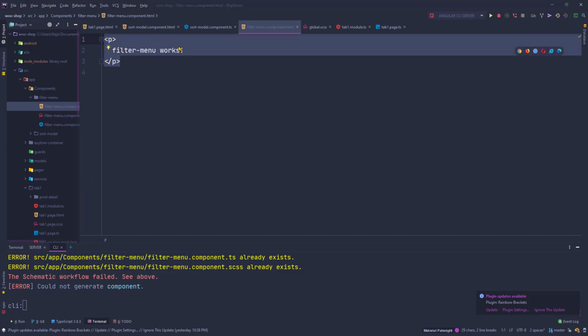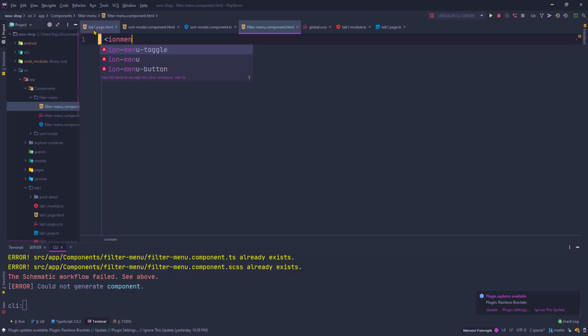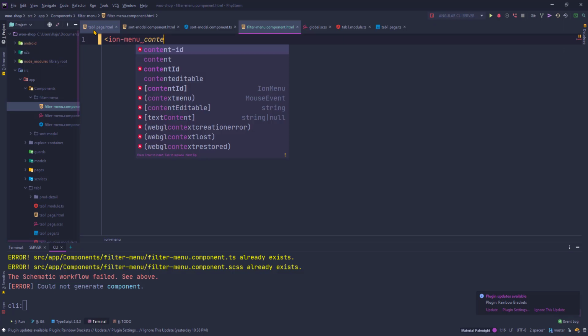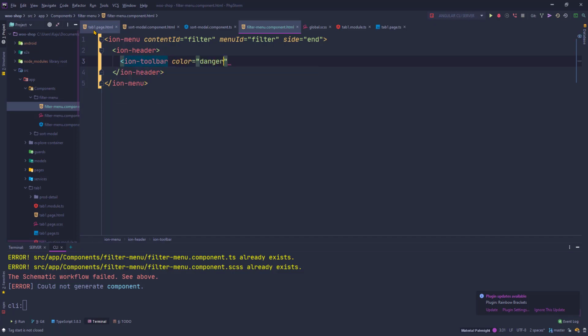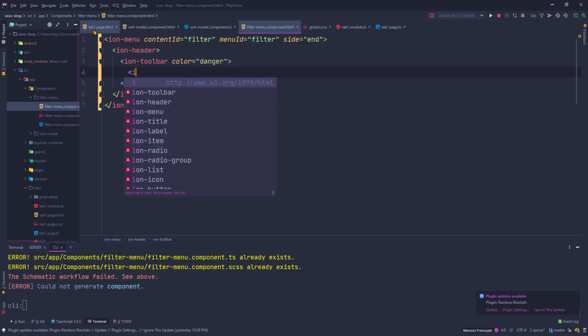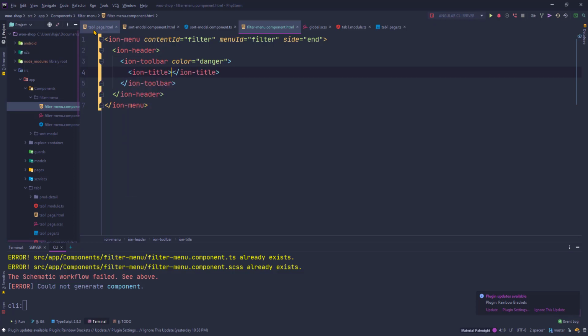Okay, so the markup will be like this. Ion menu will have a content ID of, let's say, filter, and menu ID of filter as well. Side will be end. Inside that I'll have an ion header with ion toolbar, color danger to make it red. Within that I'll have a title of, say, filter menu,